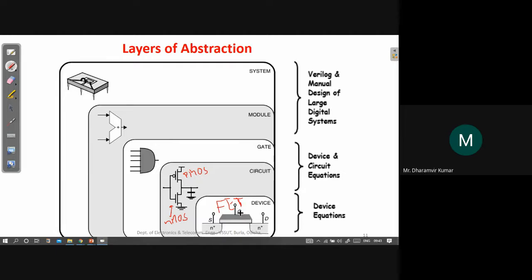So basically we can construct a circuit by using some devices, and we are moving from less complex to more complex things.